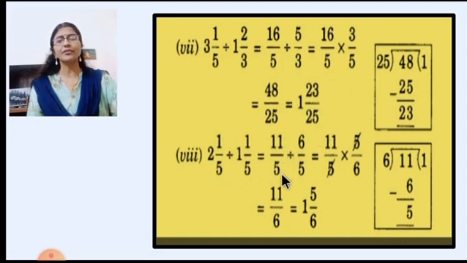It is converted into improper fraction 11 upon 5, then divided by 5 ones are 5 plus 1 6 upon 5, and then first fraction, first one we'll write as it is. This will be changed to multiplication, and this 6 upon 5 will write in reciprocal form, that is 5 upon 6, and then this 2 you can see we can reduce it, we can cut it. So now what is left? 11 upon 6, and then we are going to divide it. You will get 1 5 upon 6. Remaining all the other divisions we have done.